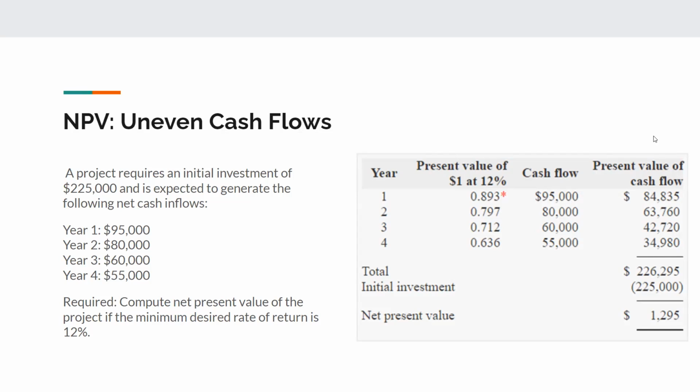The purpose of me doing this is for me to calculate the total net cash flow, right? If I discount all of them and I add all of them up, I'm going to get 226,295. If I subtract the total cost of my investment, which is 225,000, from this total cash flow, I am going to get